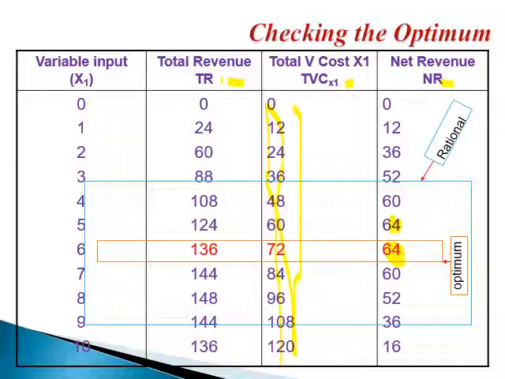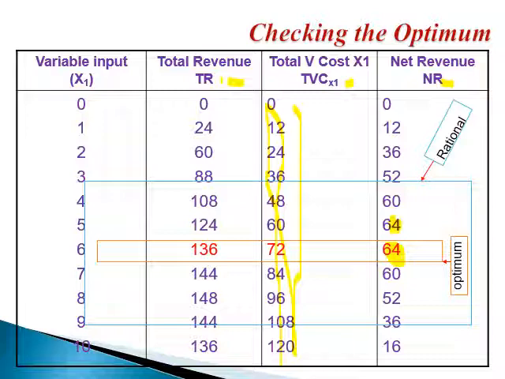Remember here in this example, coincidentally using 5 or 6 units of the variable input results in the same net revenue, but actually you should use 6 because, despite that you have 2 choices, this is the choice that you should take. I claim that I should use 6 units of the variable input if I want to maximize my net returns.